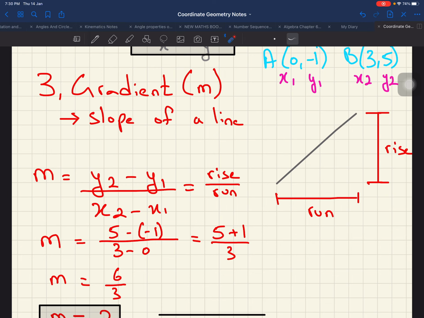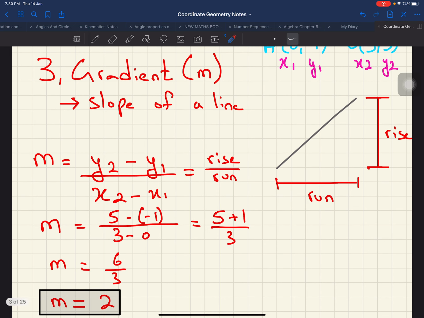So what we are supposed to do is apply the formula for the gradient, which is y2 minus y1 upon x2 minus x1. That is the formula for the gradient. Now we just put down the values of y2, y1, x2, x1, and we can easily get our gradient, which will be 5 minus 1 upon 3 minus 1. So 5 minus 1 upon 3 minus 1 gives 4 upon 2, wait, as given: 6 upon 3, and we can simplify these both, so the gradient will be 2. So far we have discussed the distance, the midpoint and then the gradient.